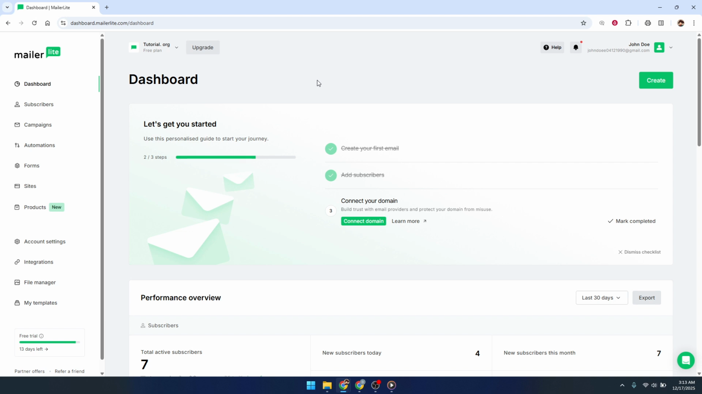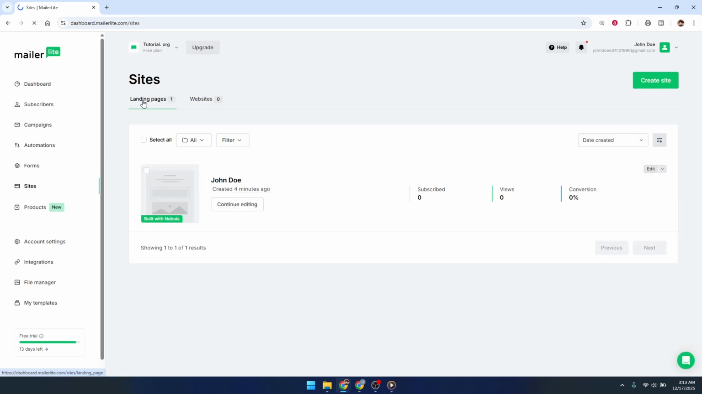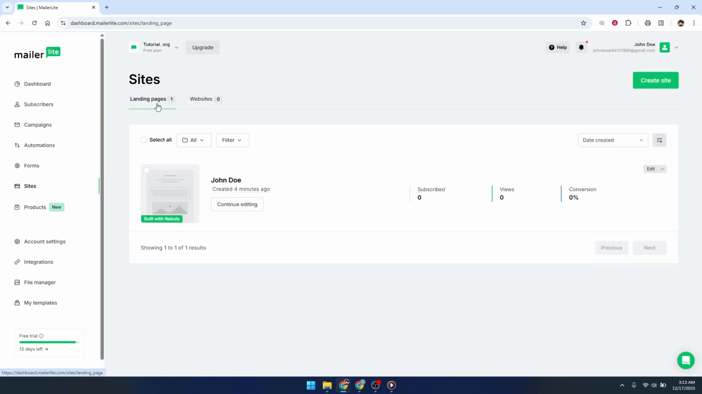From there, look for the Sites section in the main navigation. Once you're inside the Sites area, click on the Landing Pages tab. This is where all of your existing landing pages will live and where you'll create new ones. To start a brand new landing page, click the button that says Create Landing Page or New Site, depending on